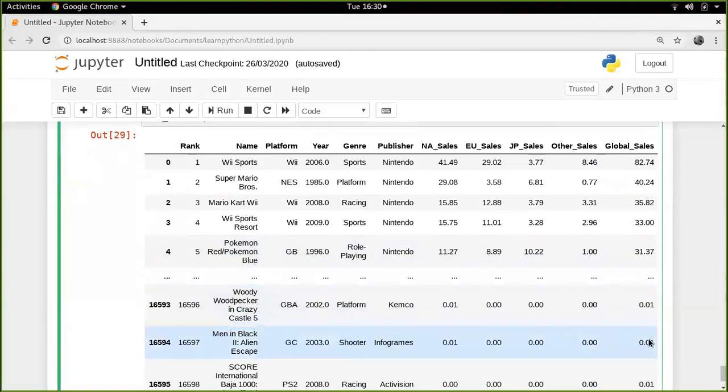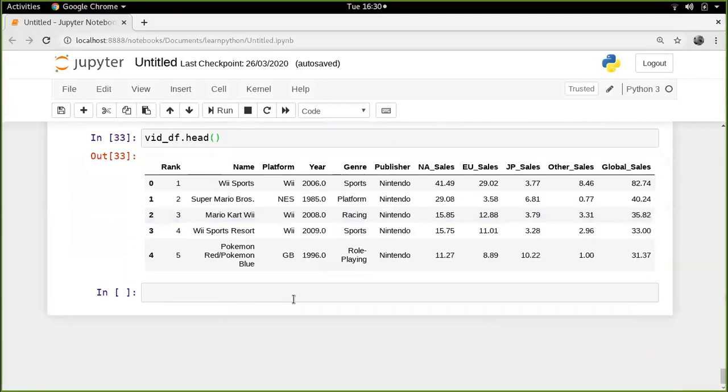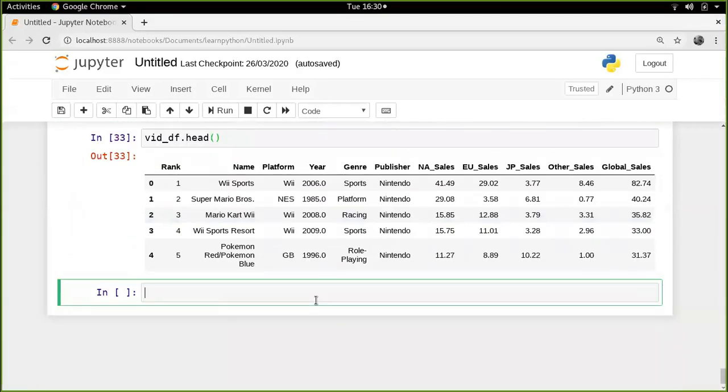Oh, sure. Let's say again, in such a case, what I would suggest is like this. Let's say we have video DF. Let's say for example, let me make it between 10 and 11. So video DF, NA sales, what do we do? If it is greater than 10, and you know how to do this, right? So video DF and we have to say and